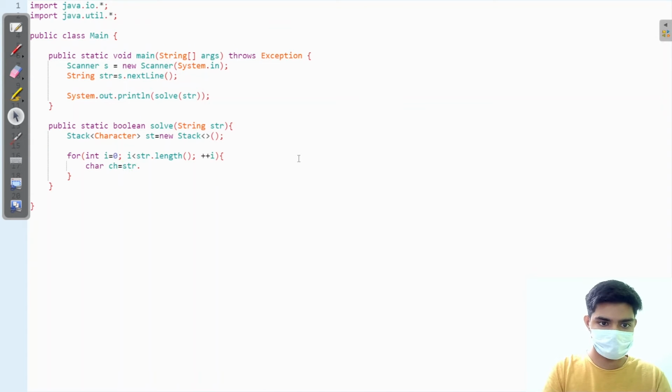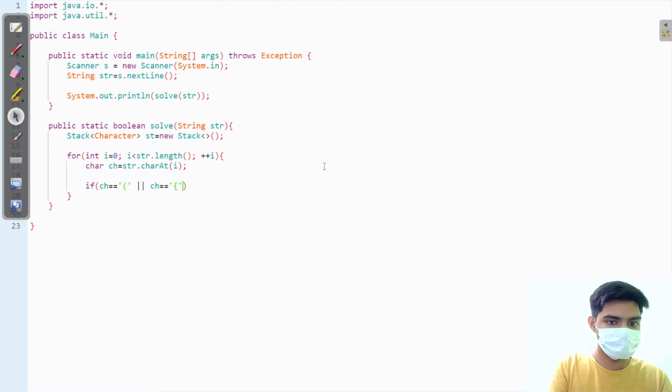This would be str.charAt(i). If my character is equal to an opening parentheses, curly braces, or square brackets, then I'm going to push my character.